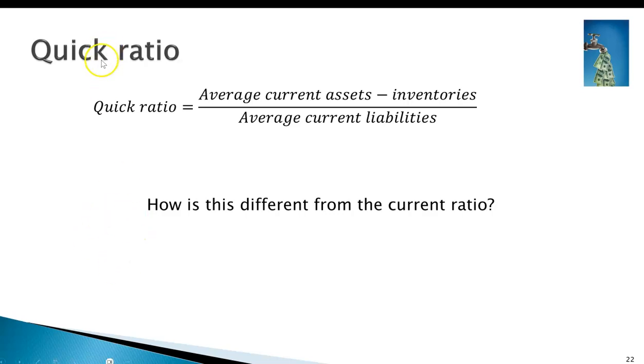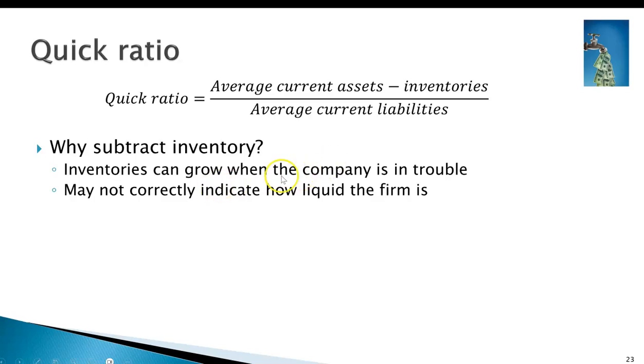Okay. Going along with the current ratio is the quick ratio. I think of it as exactly the current ratio without considering inventories. And so it's very, very similar to the current ratio without considering inventories. And the reason we take inventories out is because